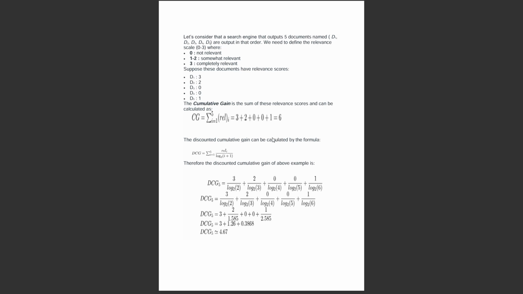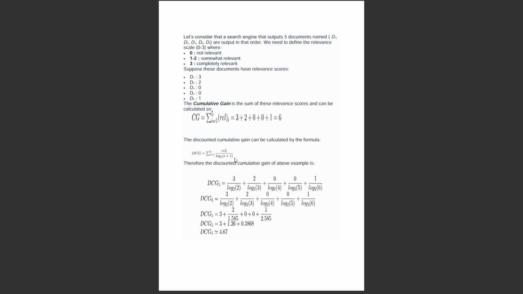Now let me calculate the DCG. So coming to discounted cumulative gain, you are able to see the formula: summation, I equal to 1 to n, relevance score I divided by log I plus 1 to the base 2. I'm going to explain how we come across this step. So DCG 5, where 5 indicates the number of documents. So 3 divided by log, since I is 1, first document, 1 plus 1, plus 2 divided by log, here I is the second document,